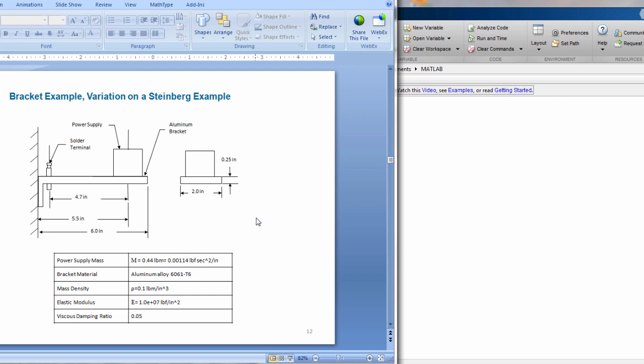And what we're going to do is a very simplified approach following Steinberg with some enhancements, and we're going to model this as a single degree of freedom system. So we're actually going to use the Rayleigh method to determine the natural frequency. And then when it comes time to do stress analysis, we're going to do a very simplified equivalent static